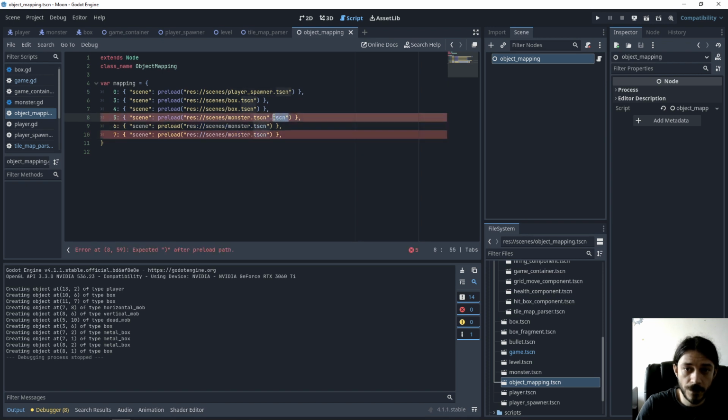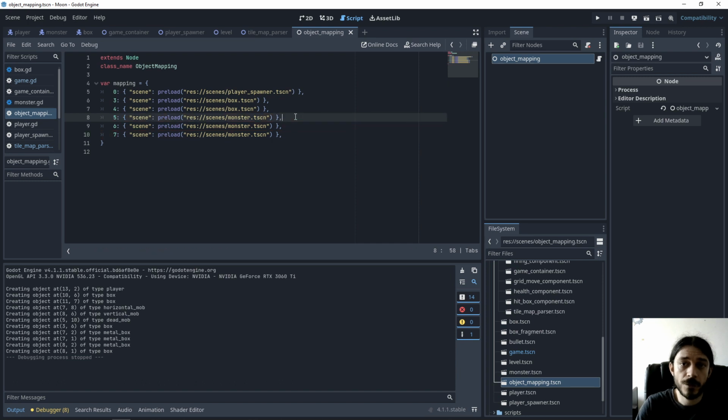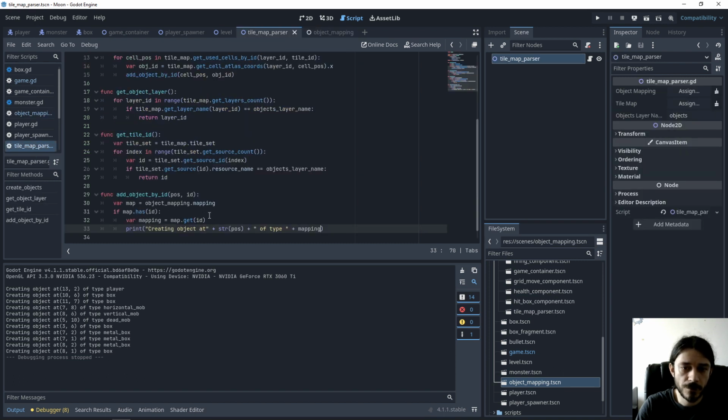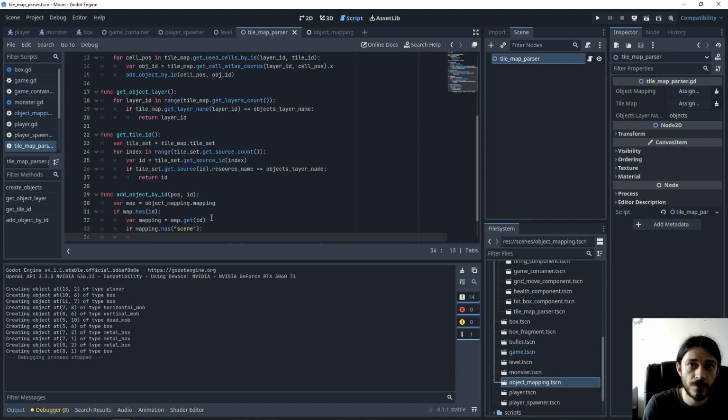Here, I have a typo in here. And now instead of printing the string, I'm going to instantiate this particular scene. So I get back in here. First of all, I'm going to test if the mapping has a scene. Does it have a scene? If so,